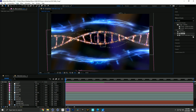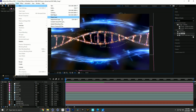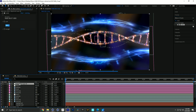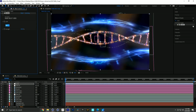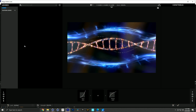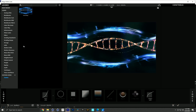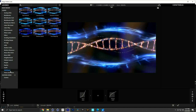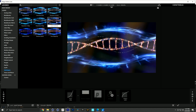Giant because it's amazing. So go to Layer, create a new adjustment layer, and under my effects and presets, type in Looks, and I will also call that layer Looks, and go into Edit. Let it load up. So at this point, I have a lot of presets at my disposal. So if the client comes along and is like, we have this reference, we don't exactly know what the color should be, I use Magic Bullet Looks to just kind of go in and see what some of these presets